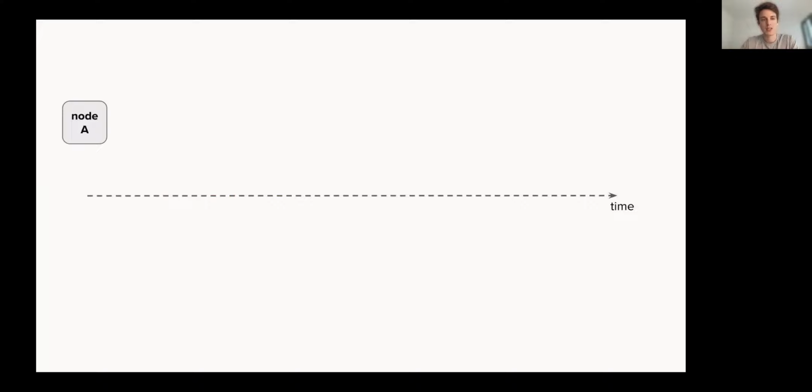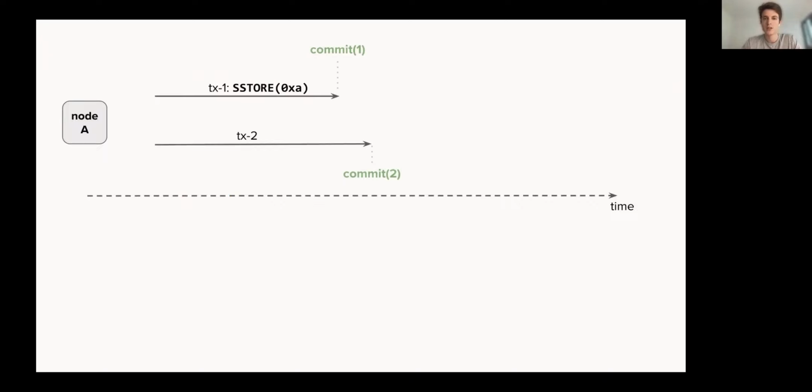Let's say we have 3 transactions and we want to execute them on node A first. So first we schedule transactions 1 and 2. They can be executed in parallel and they do not conflict, so they can be committed normally. Transaction 3, as you can see on this example, actually depends on transaction 1. It reads value written by transaction 1. However, they are executed in this order, so it's fine, and then we can commit transaction 3.